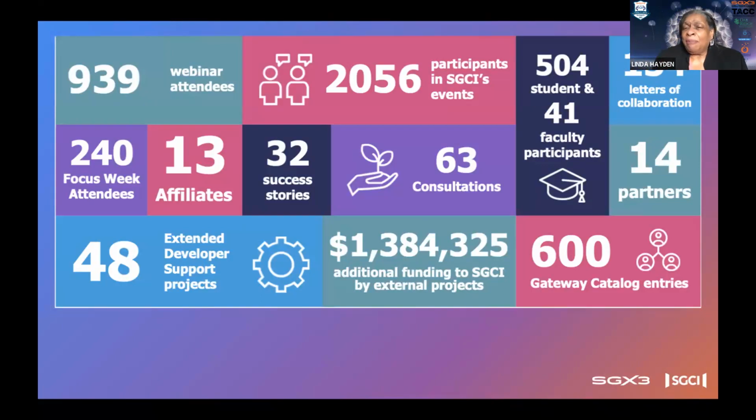We wrote letters of collaboration for new proposals, picked up 14 partners, and picked up 1.3 million in additional funding with external projects, meaning these letters of collaboration meant that those people wrote us into their proposals and we were able to work with them in a better way. And we created a catalog of over 600 gateway entries. We were just excited about these results. We were very proud of them, but then